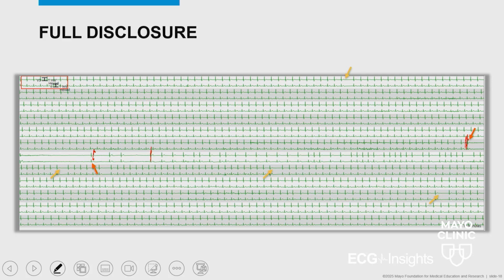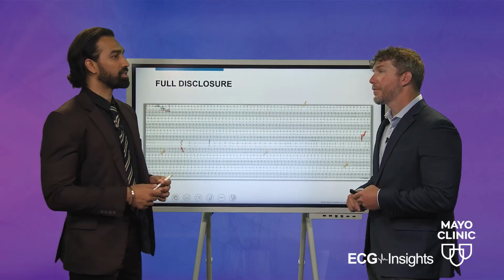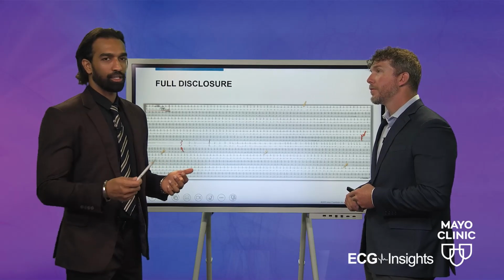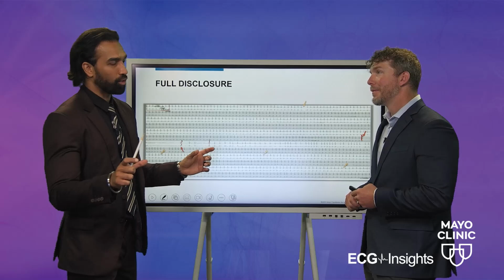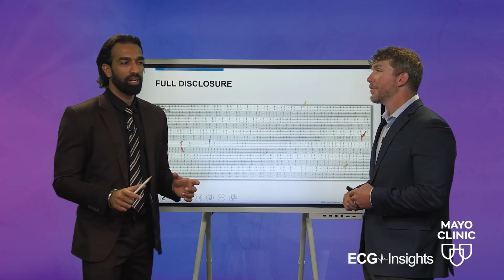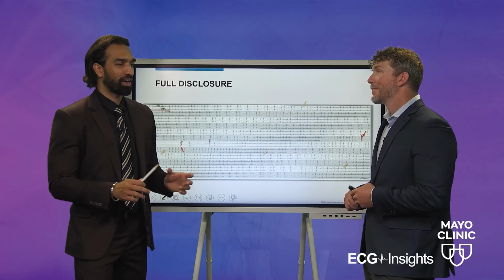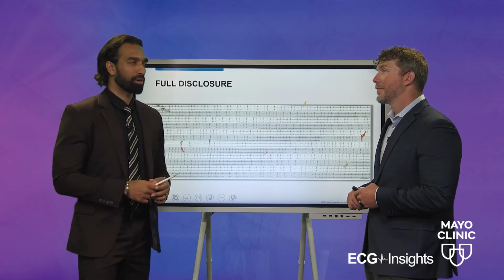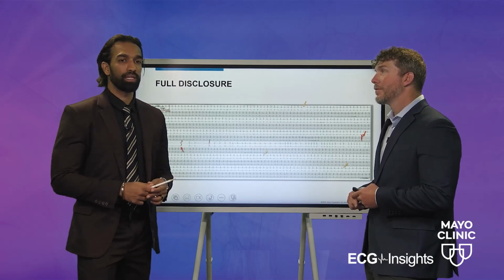At what point would you just recommend that they get a device? Yeah, so great question, and actually something that created a lot of confusion among clinicians as well, because the guidelines used to define these durations. So a 3-second pause or more is concerning, a 5-second pause or more in AFib is concerning, but the guidelines have gotten rid of that, and for good reason.